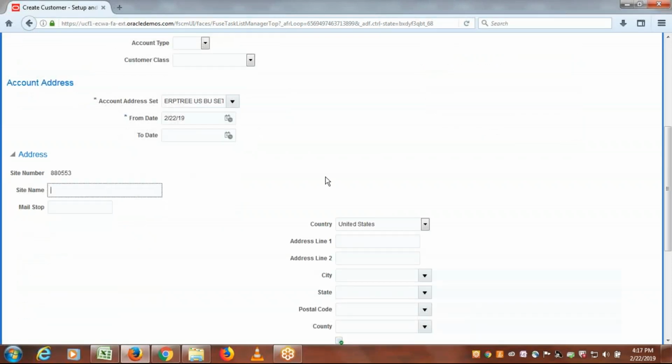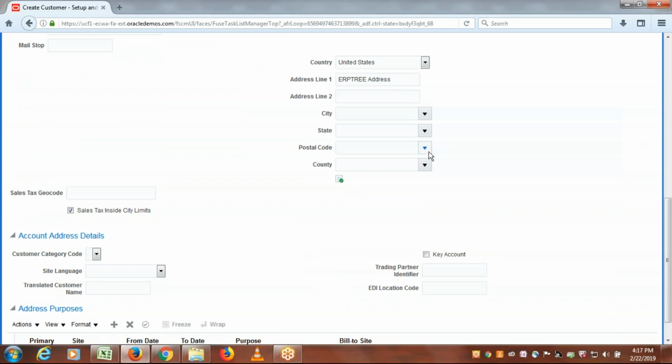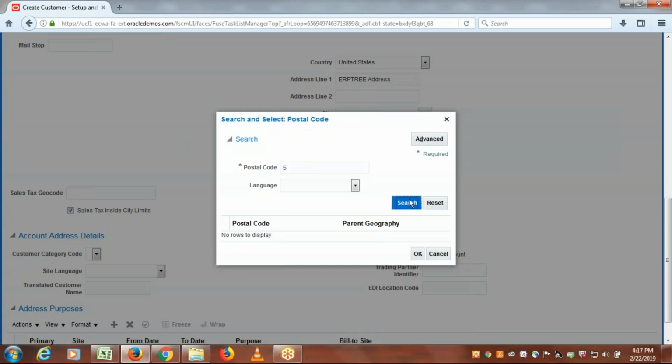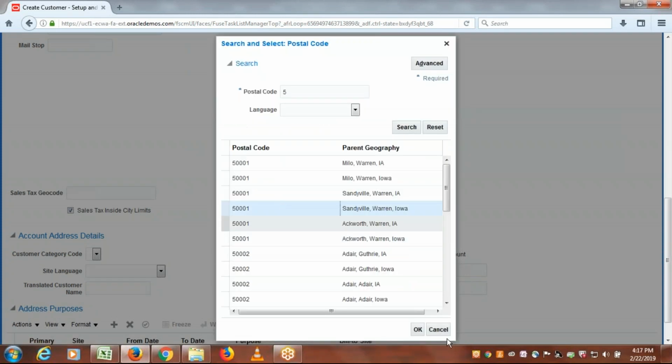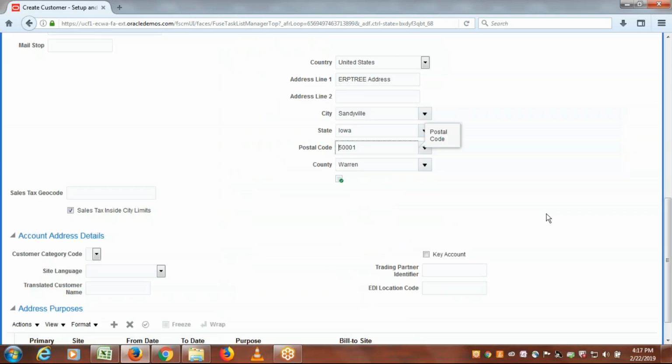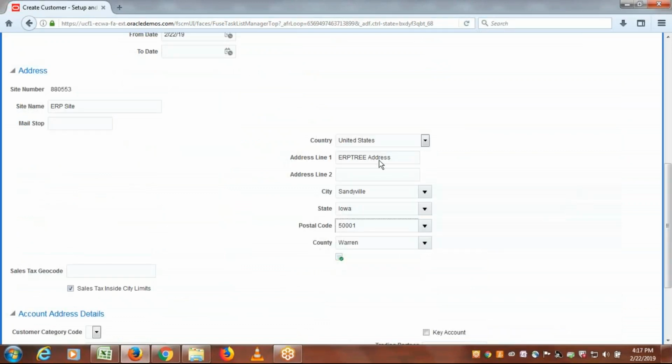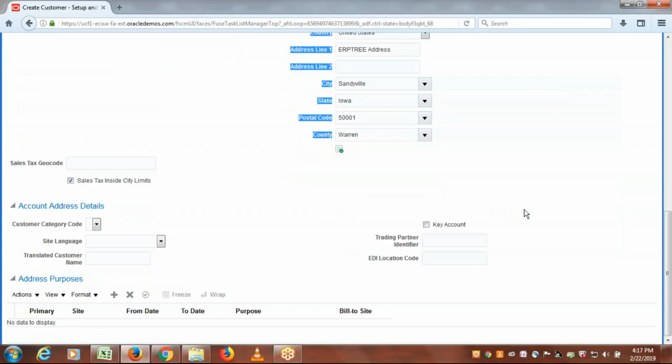And provide site name, customer site name, ERP site, provide address, ERP3. Any test you can provide. Ultimately we have to create the address. So this is a customer address which we are going to treat as a customer site related address. So what purpose we are going to keep in touch with this customer? That purpose we have to specify. Being a supplier, what purpose we are going to keep in touch with this address, that you can specify as an address purpose. Click on add